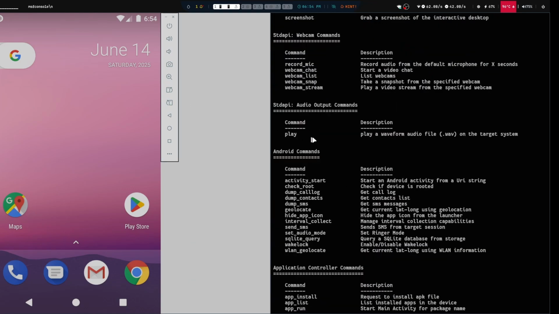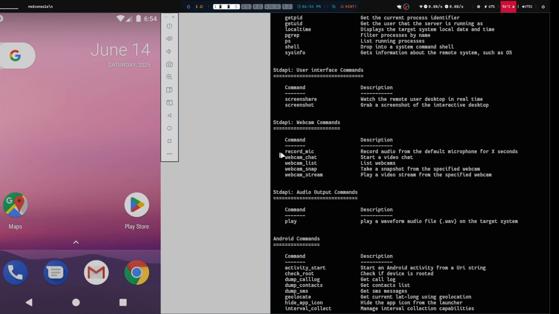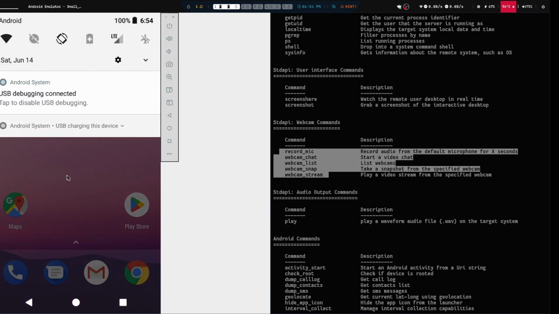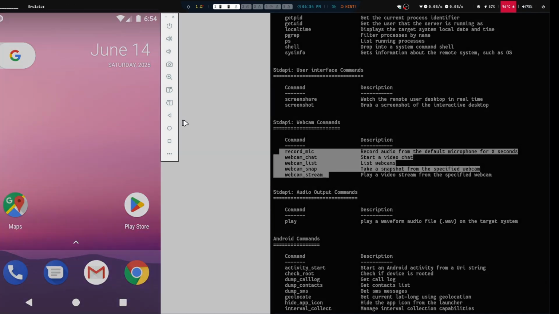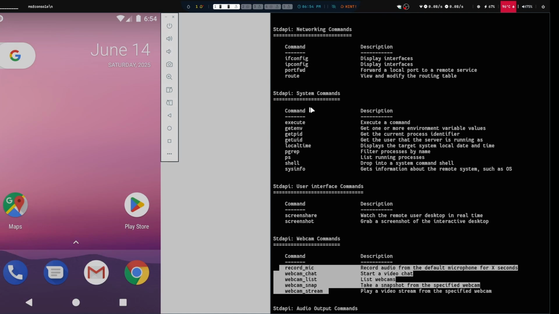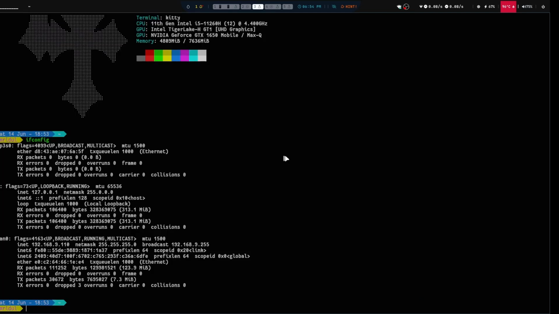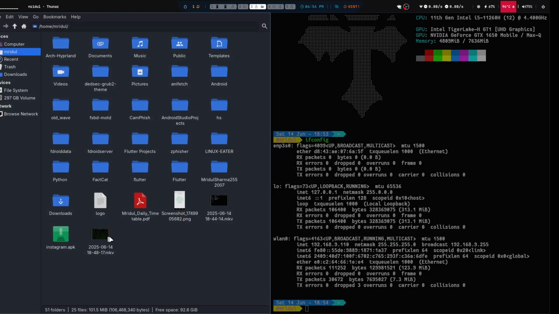We can record mics. We can take snaps from the webcam. But as you can see, I am using it virtually, so it is not gonna take my camera and my audio. So I'm gonna do some really weird stuff. I'm gonna use the play command, and I have downloaded a file. As you can see, I will show you.